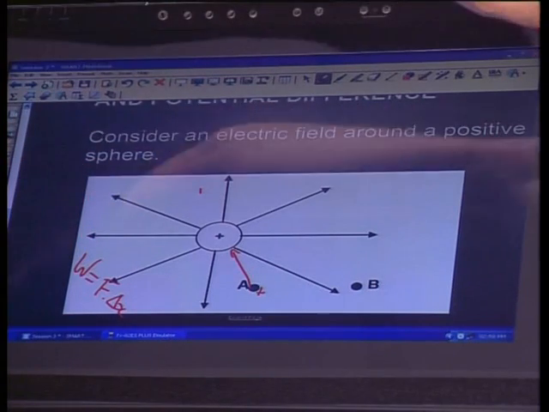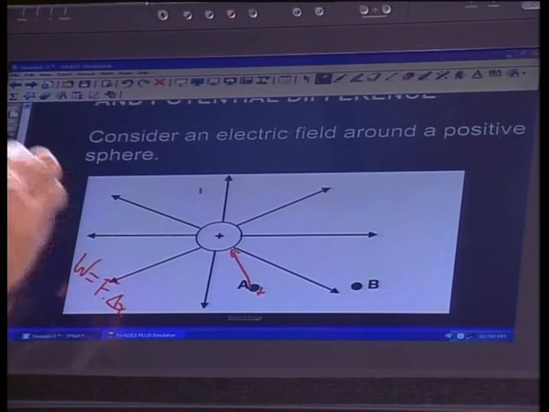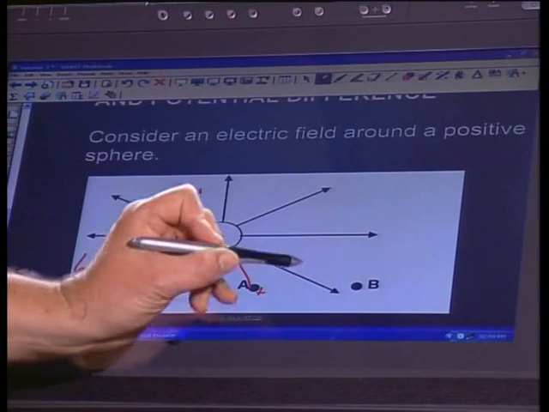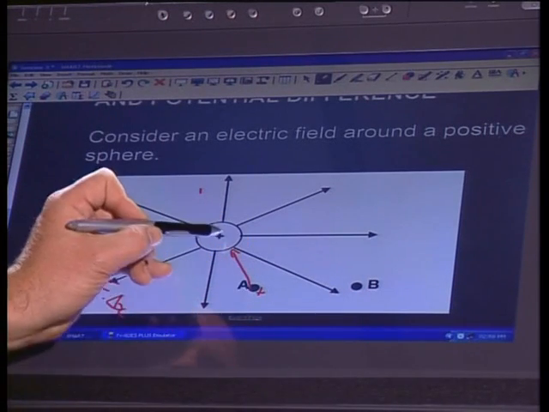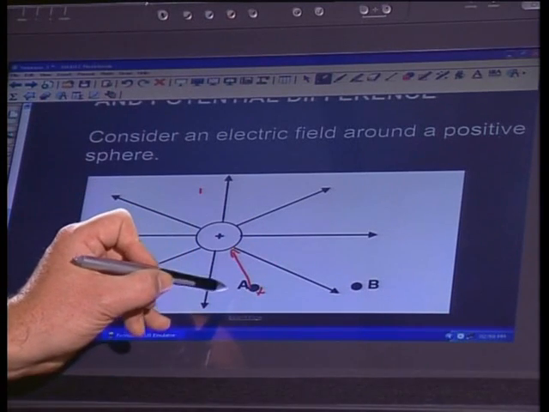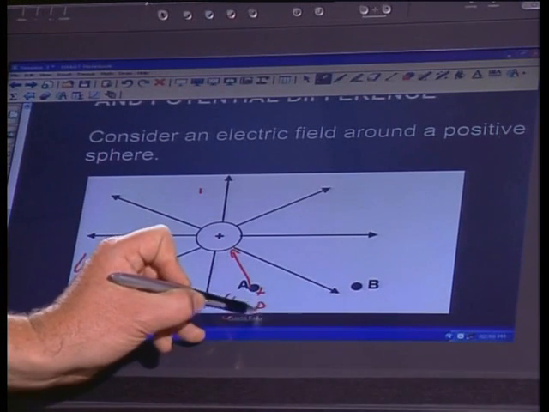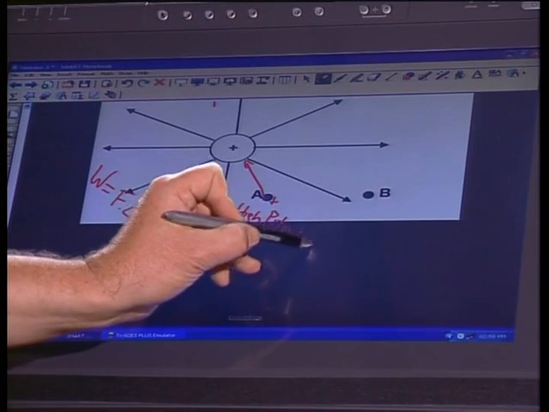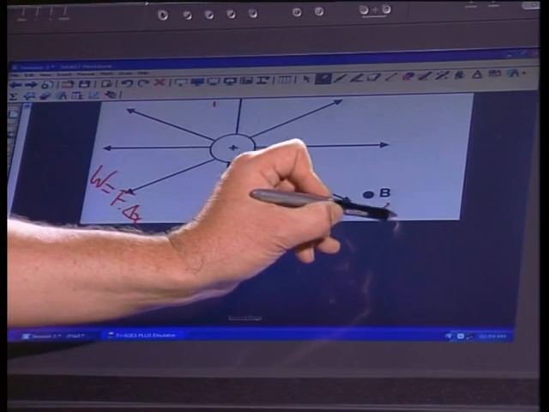So if I take it from very far away, from infinity, and I do work on it to get to a position in the field, then it has a certain amount of potential energy. Notice that this one, A, is closer than B. So what we would say is A is at a high potential. Potentially more work was done to bring it from far away. It's at a high potential, and this one is at a low potential,